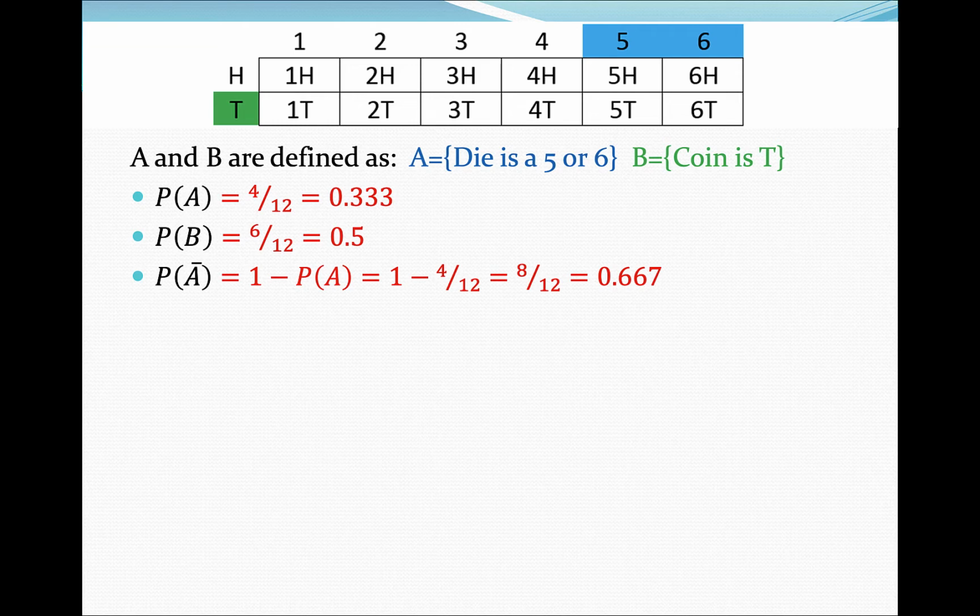The complement's a simple idea, but it's an important idea. The complement of A basically means what's the probability we get something that is not in A. So the complement of A is everything not in A. The reason why it's important is because sometimes it's actually easier to find the probability of a complement than it is to find the probability of A. And if you're in that scenario, then what you can do is you can just take 1 minus the probability